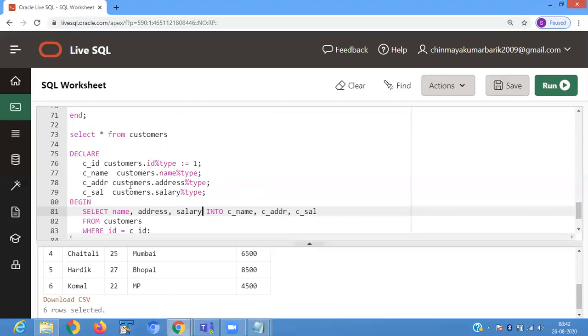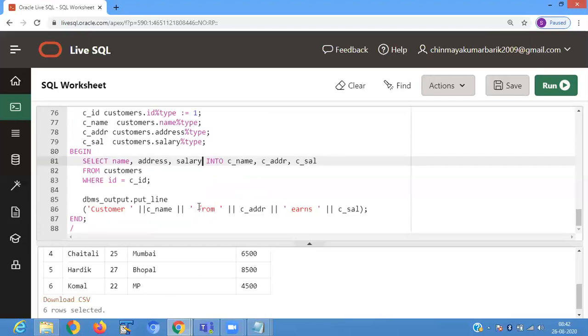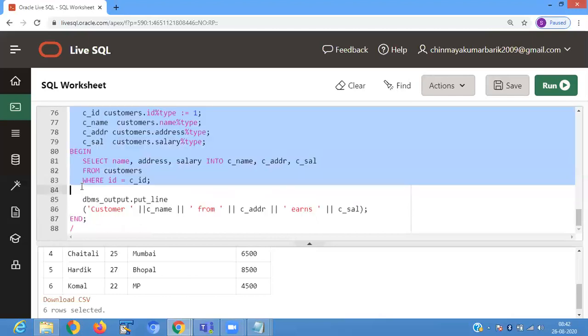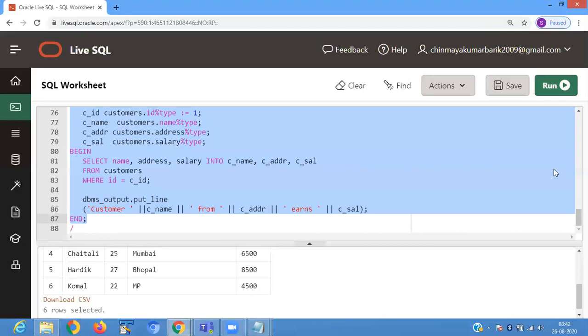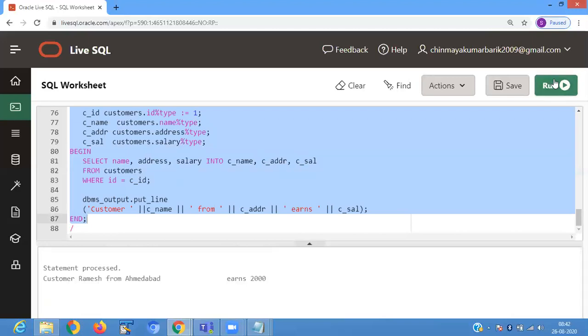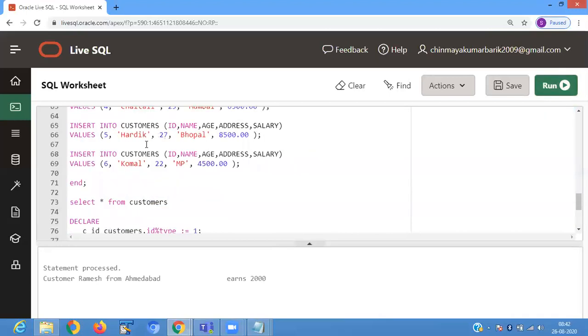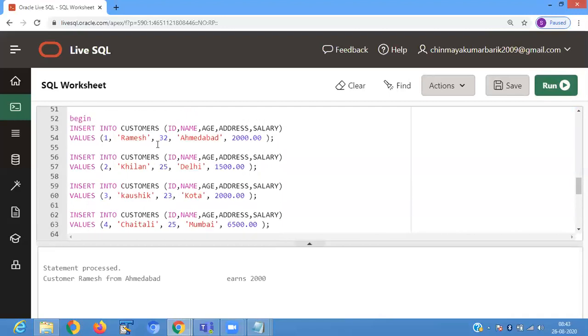As we don't know what data type is defined in the customer table columns, we define them here using the type attribute, where ID equals c_id. It shows the customer name is Ramesh, customer address is Ahmedabad, salary 2000, because we are passing customer ID 1.